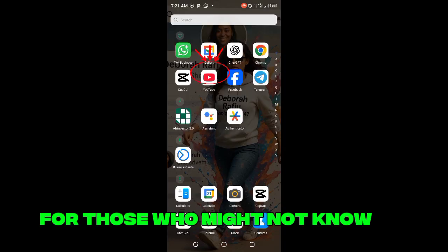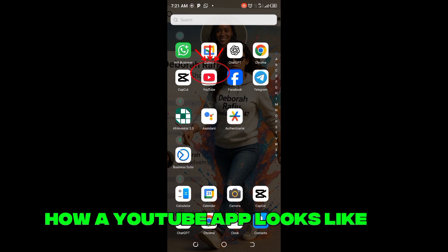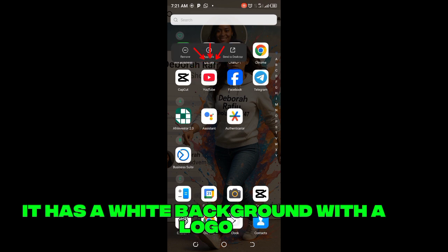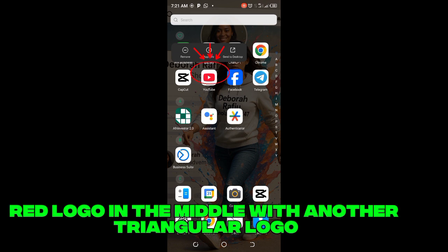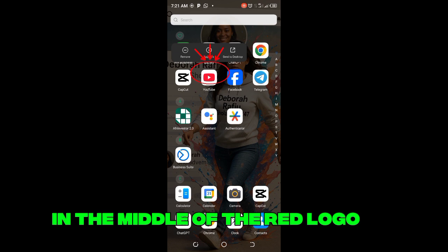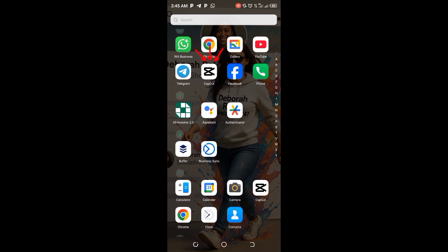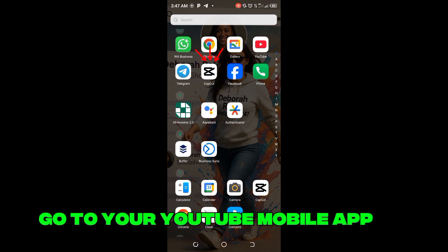For those who might not know how the YouTube app looks like, this is the YouTube app here. You can see it right here. It has a white background with a red logo in the middle, with another triangular logo in the middle of the red logo. That is the YouTube app. So all you need is to download it. Go to your YouTube mobile app,